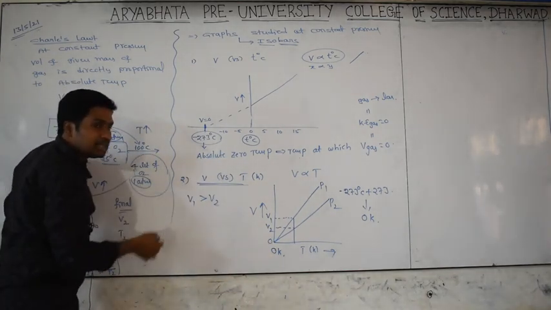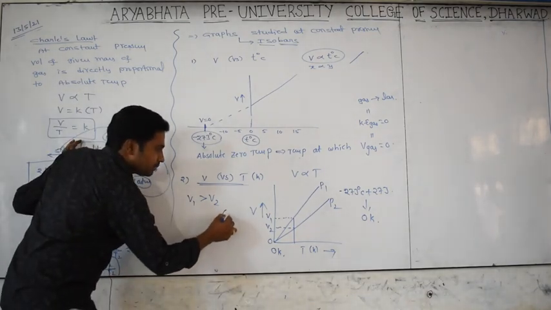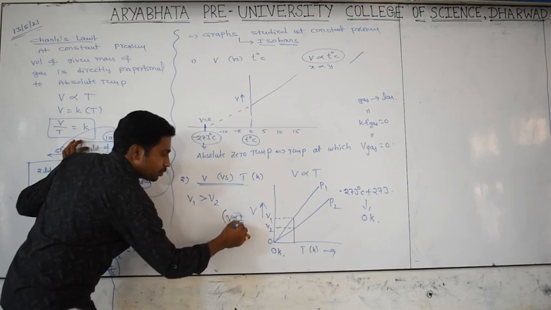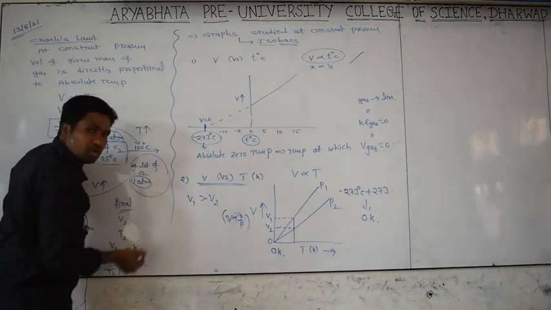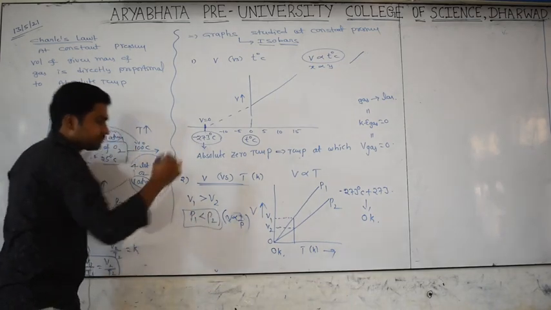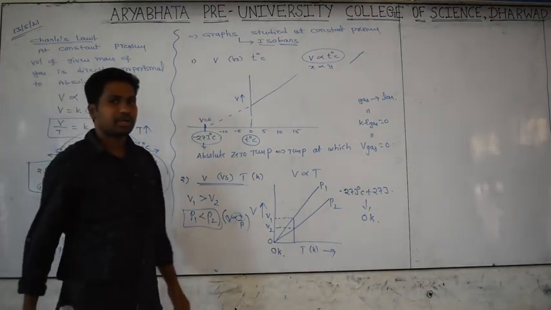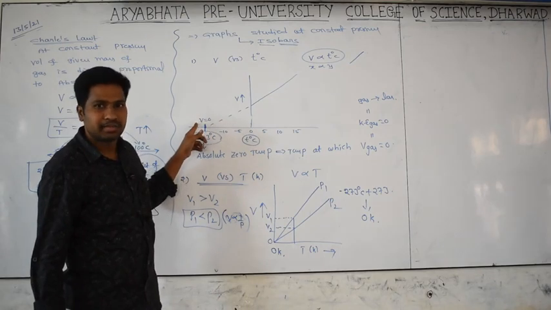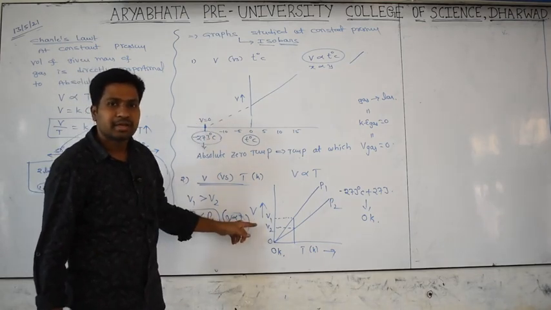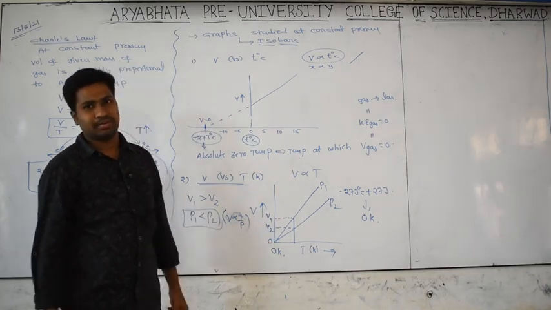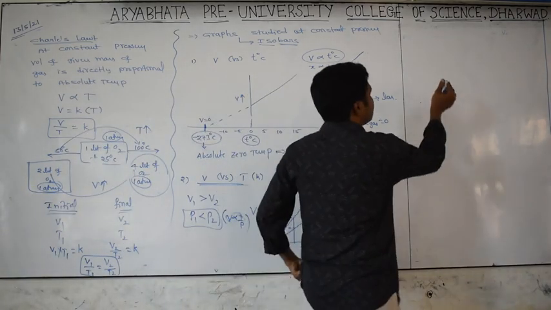I want to get the relation between P and V. So what is the relation? P is inversely proportional to V, or V is inversely proportional to P, from Boyle's law. Volume is more, so P1 is less than P2. This is the graph. This is the important competitive bit. In Charles' law, on the x-axis we are taking temperature in degrees Celsius, and the line will be intercepting at minus 273. The same temperature, when you take it in the Kelvin scale, the line will be intercepting at the origin point, which is nothing but 0 kelvins.